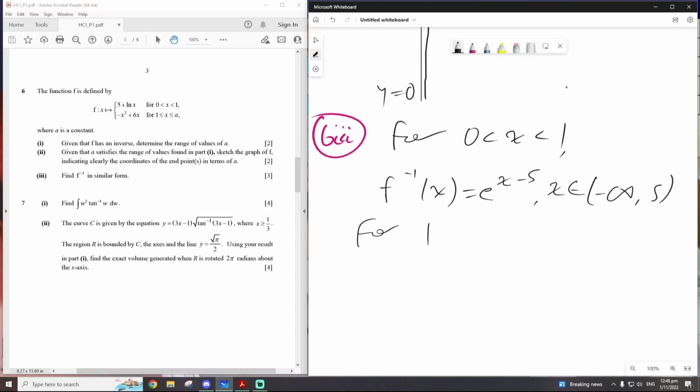Then for 1 less than x less than a, f inverse of x. Take note that this is actually negative of x minus 3 squared plus 9. So we have 9 minus y equals x minus 3 squared. And therefore x is